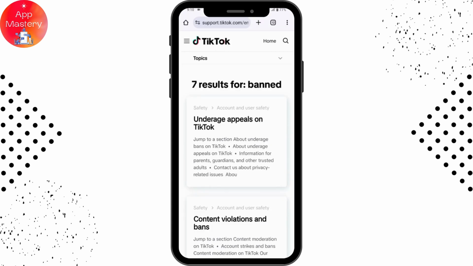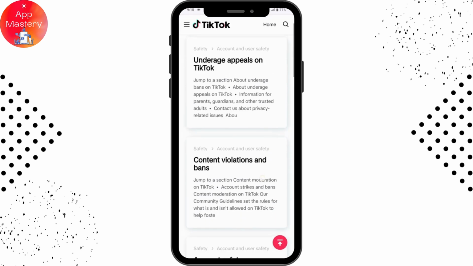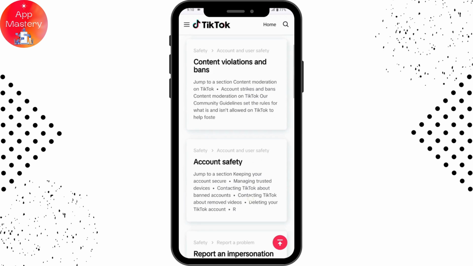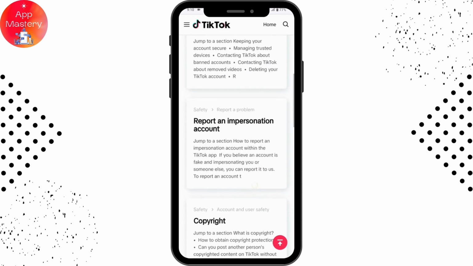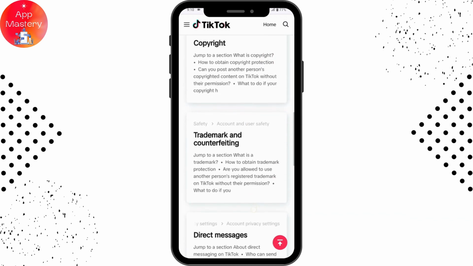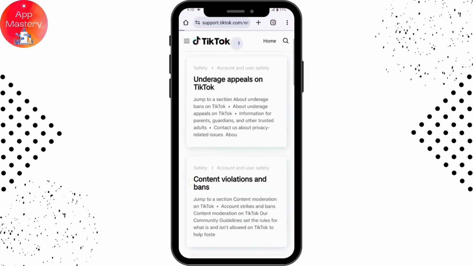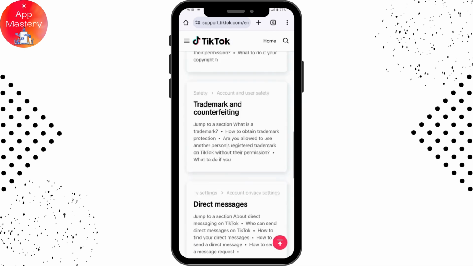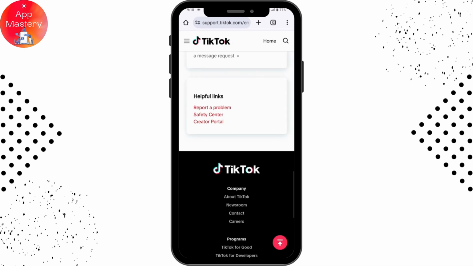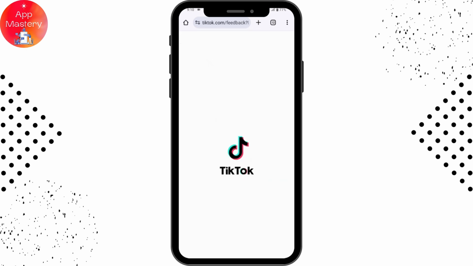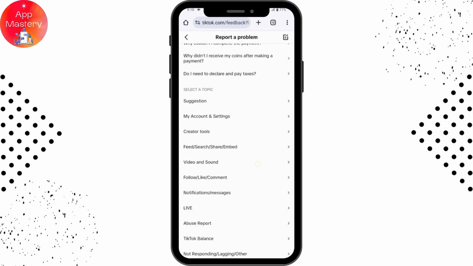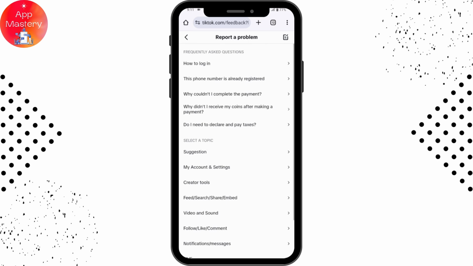So if your TikTok account has been banned, then it might be due to the underage appeals or content violations or bans, or account safety, or if you have done any copyright content, or because of something which is related to this. So you can simply scroll down, and here you will have report a problem option. Tap on report a problem, and here you can have these kind of options, and here you can simply go